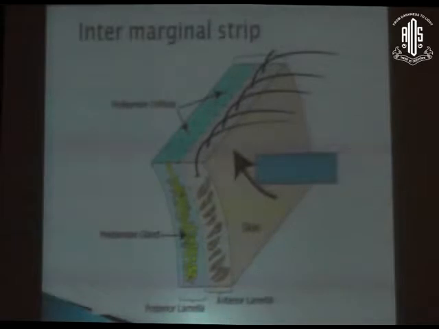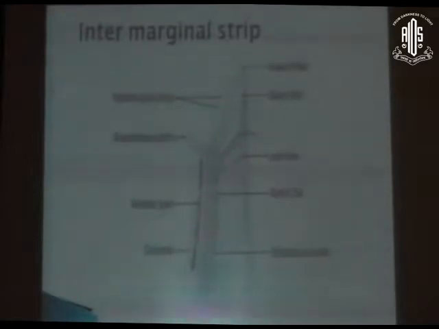We should understand that the lid is best explained in 2 divided planes. That is, the lid can be divided into anterior lamella and posterior lamella. The anterior lamella consists of skin and orbicularis muscle. Posterior is made up of tarsus and the Muller's muscle and conjunctiva. Any pathology which we encounter in lids, entropion, ectropion, is best explained as the pathology happening either in the anterior lamella or posterior lamella. And any reconstruction we do is either in the anterior lamella or the posterior lamella.